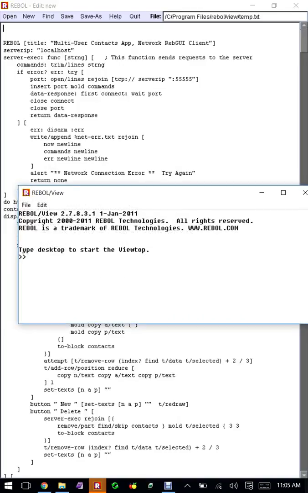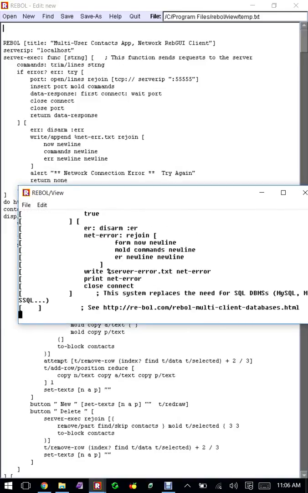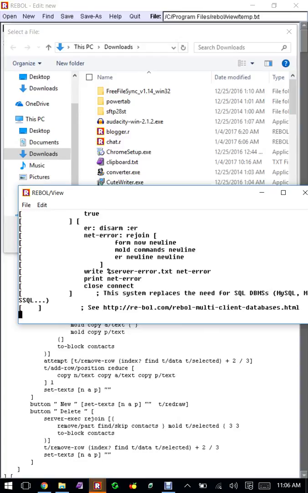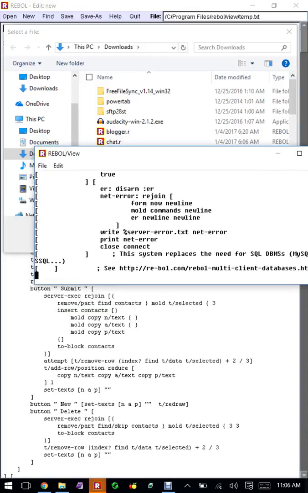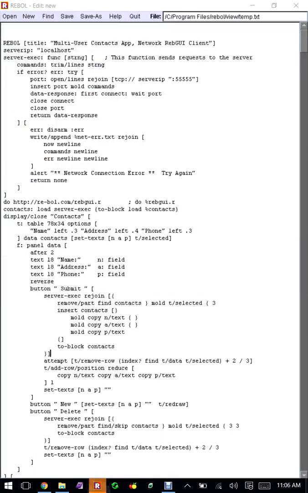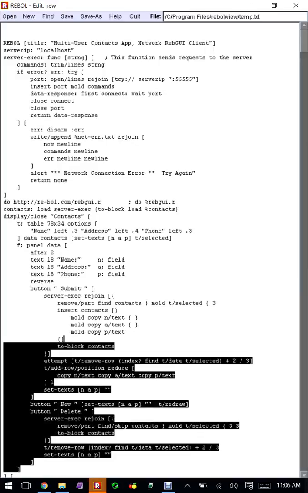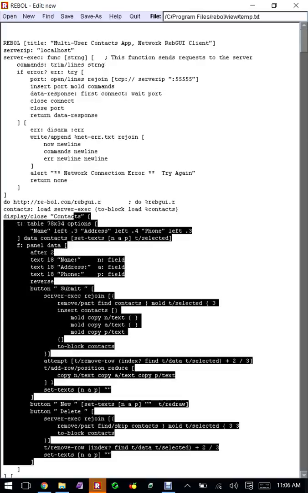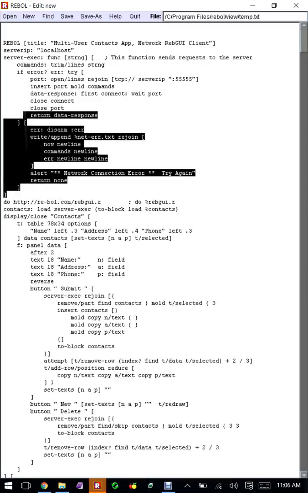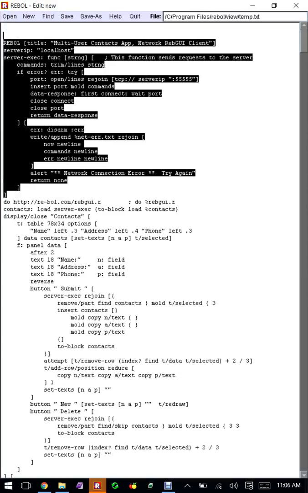Because Rebel's networking capabilities are so strong, we can create a little server here that is running now, and this allows us to connect any of these clients. Here is that typical contact app that you saw previously, and this little tiny bit of code here is basically a framework that allows the server and the client applications to connect,